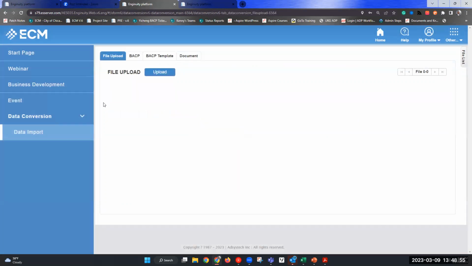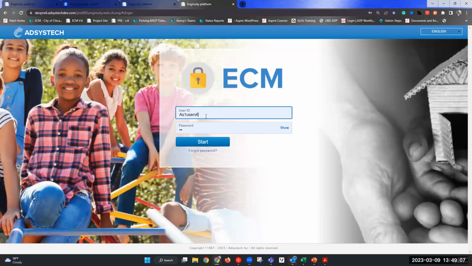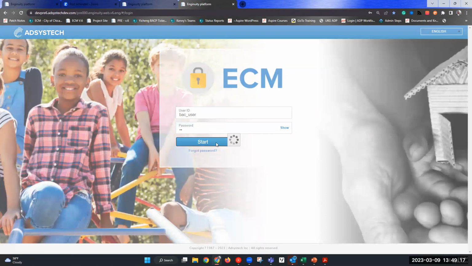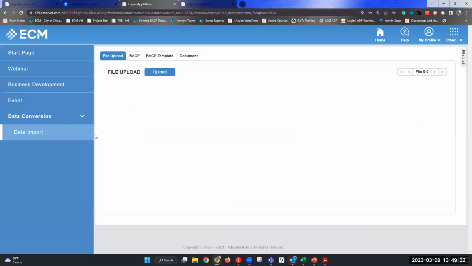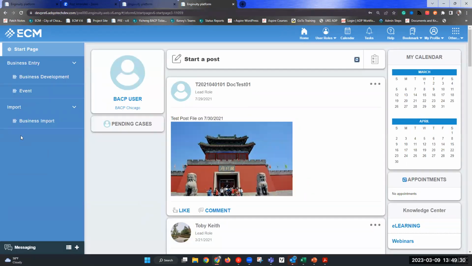And now the data import, which most of you will be using or have been using. Actually, I was gonna go on our testing site for this. Let's do that. BAC_user. Okay, yeah. So this is our production site, which is what our real sites, which you currently are using. I just switched over to our testing site. I'm gonna upload some data into the system.